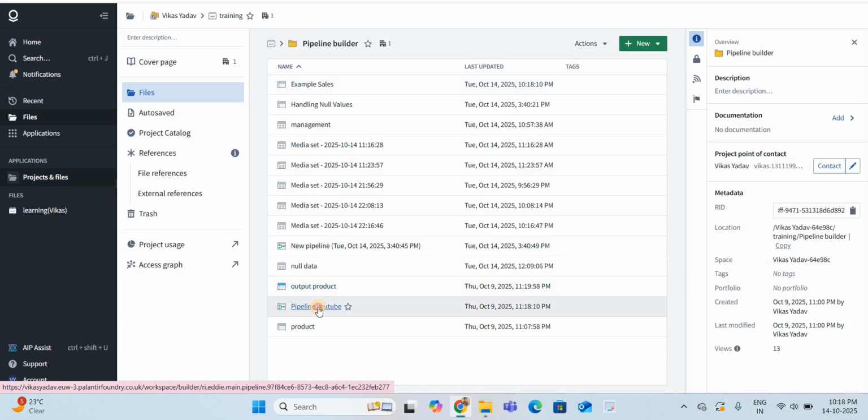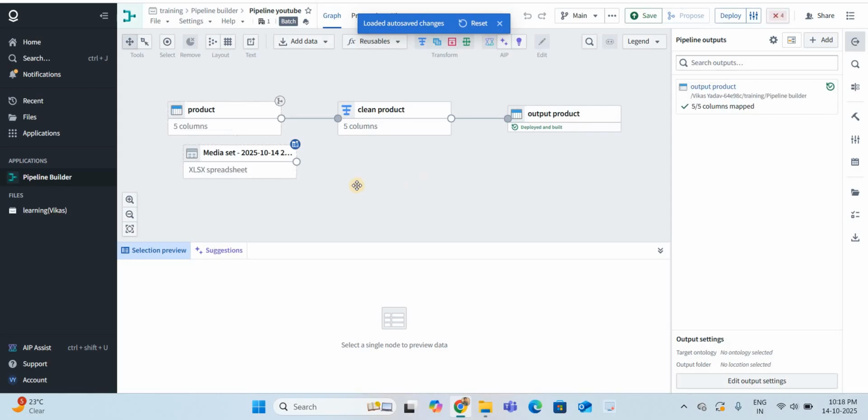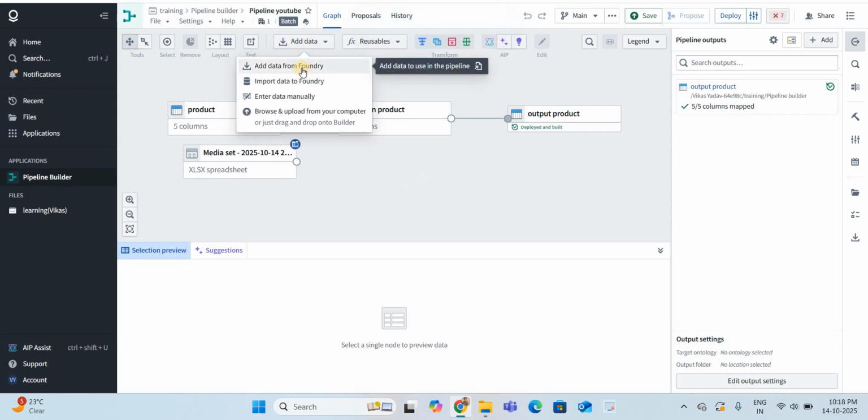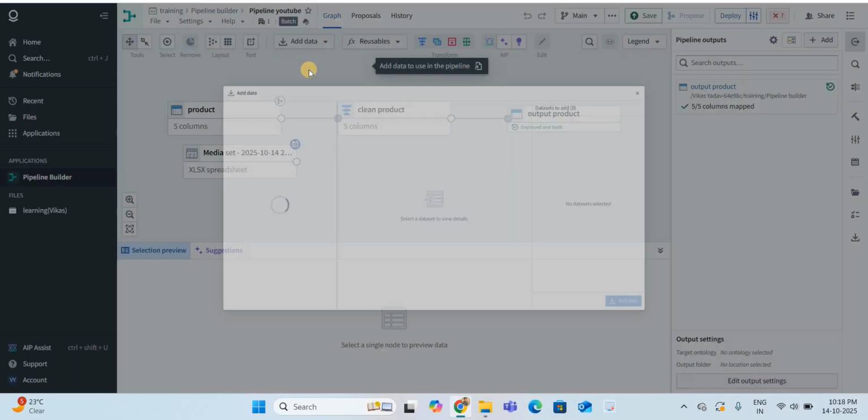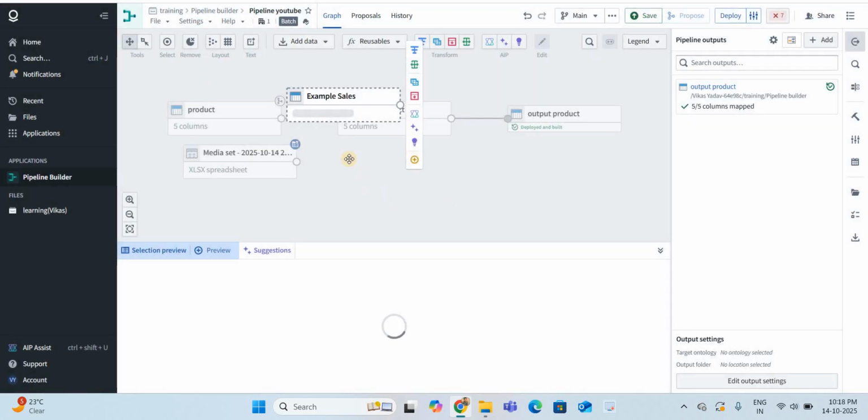Let me go over to the Palantir Pipeline Builder application, add data, and see how it resolves the problem. We add data from Foundry. This is the data we have just uploaded. So we are adding data into the pipeline.